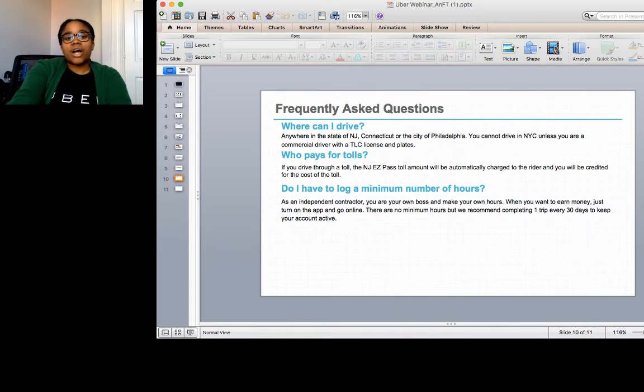Where can I drive? You could drive anywhere in the state of New Jersey. If you're a New Jersey account holder, you'll be able to operate your vehicle anywhere in the state of New Jersey, picking up and dropping off. Anywhere in the state of